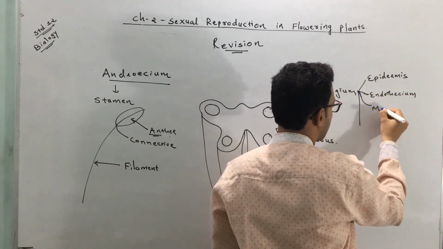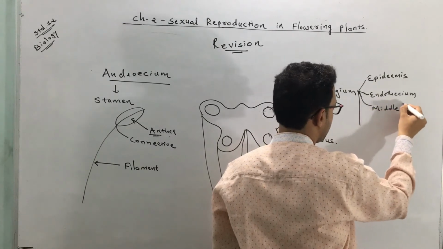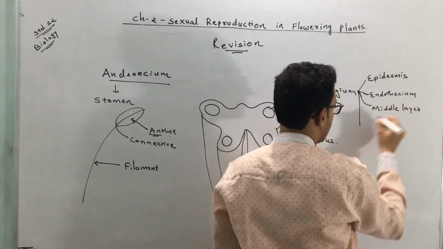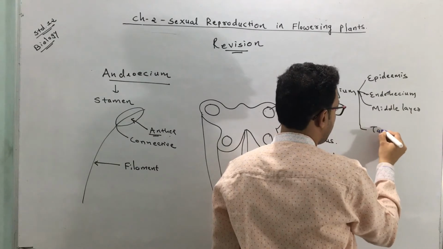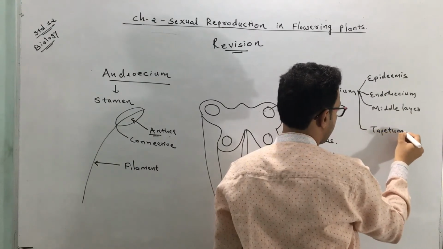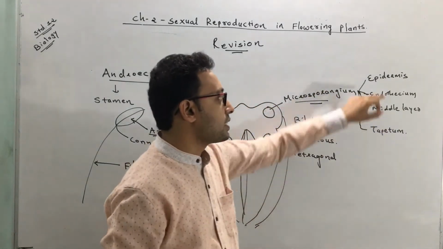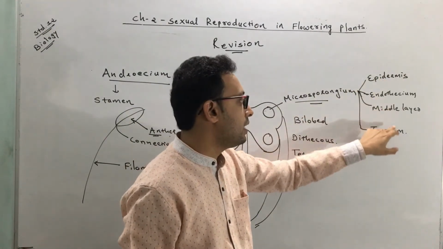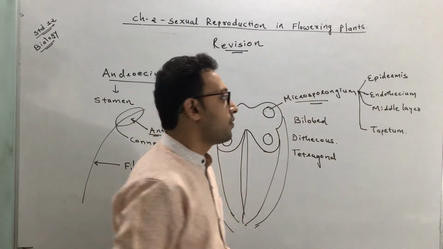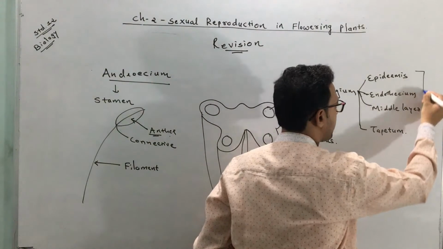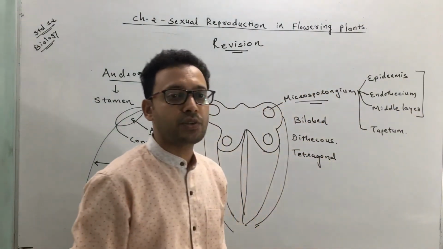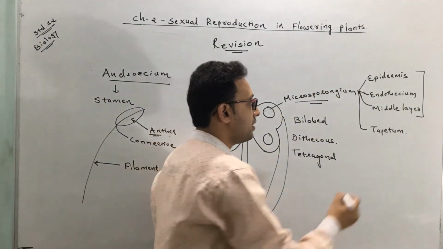Third one is called the middle layer. And the fourth one is called the tapetum. So how many layers? 4 layers: epidermis, endothecium, middle layer and the tapetum. From these 4 layers, the function of the first three layers, epidermis, endothecium and the middle layer, the function of